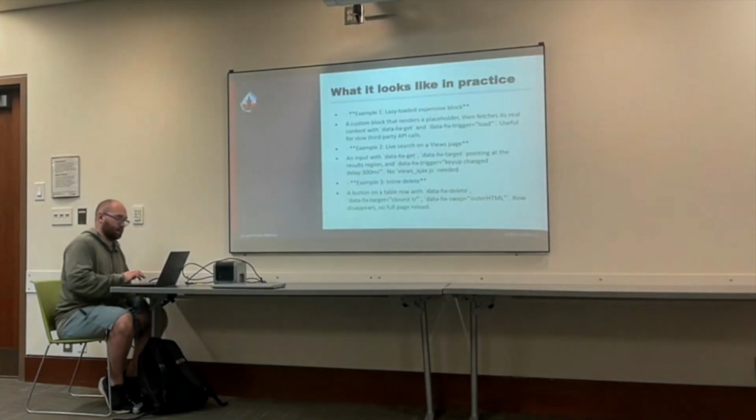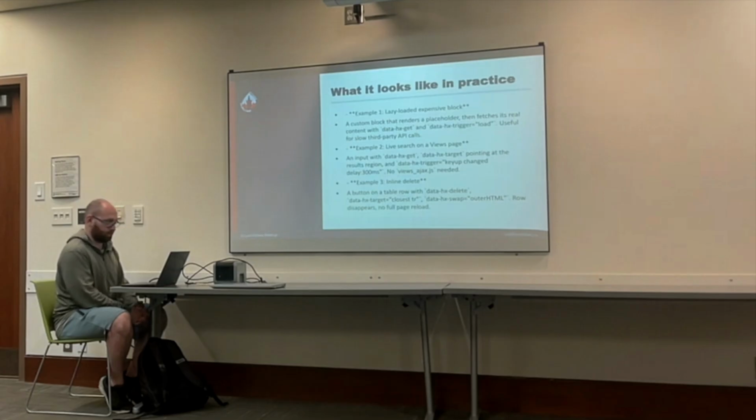What it looks like in practice. So the first example is lazy loading expensive blocks. A custom block that renders a placeholder then fetches its real content with a data-hx-get attribute and data-hx-trigger="load" is useful for slow third-party API calls. So when you initially render the page, you just want to prevent loading stuff that you don't need to load